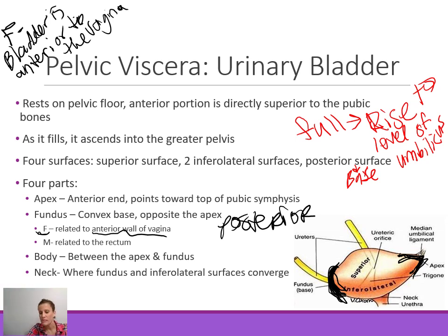It also happens to be inferior to the uterus, which we'll see on the next page. So in females, the bladder is anterior to the vagina, and inferior